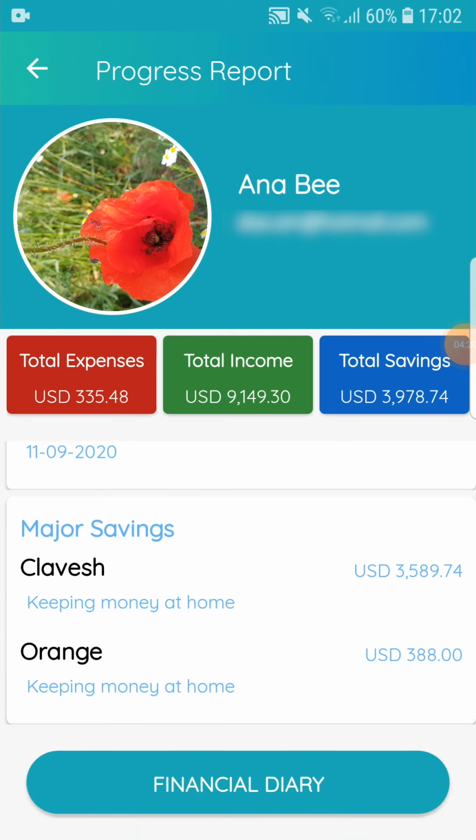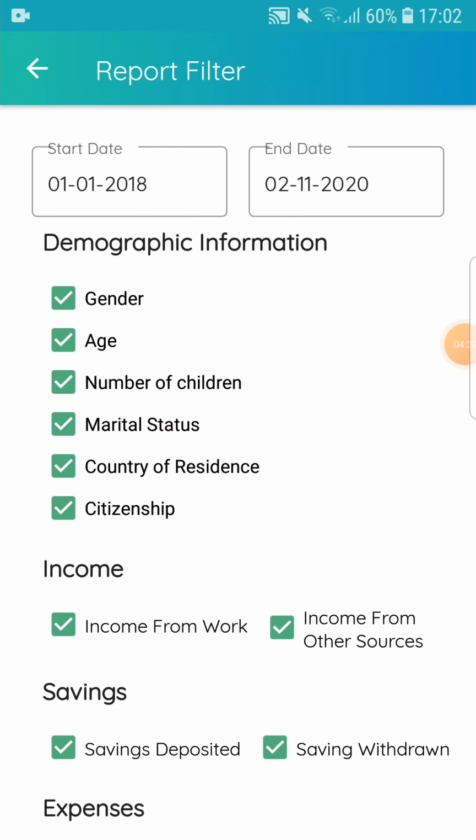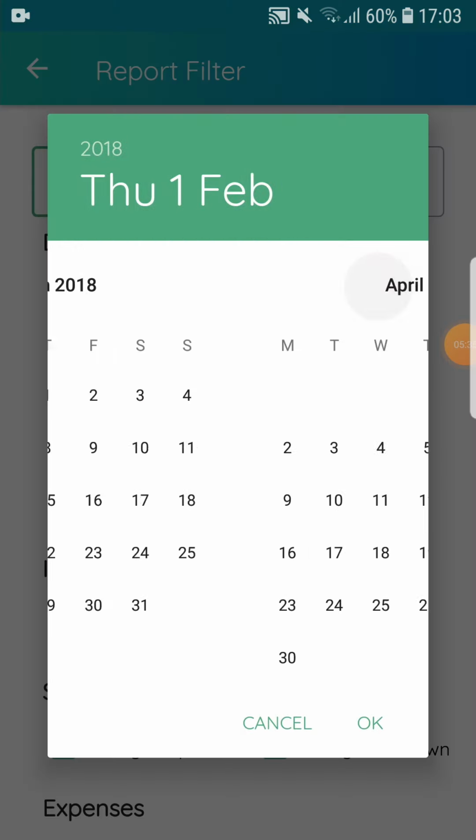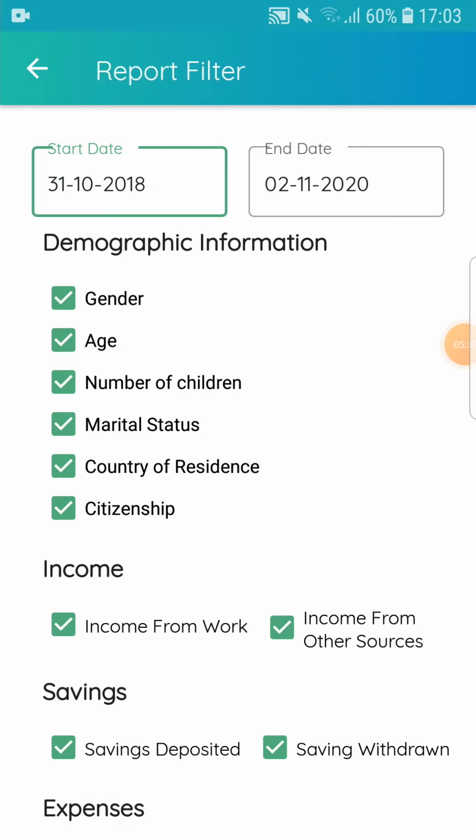You can access your financial diary either from the progress report here at the bottom of the page or through the menu under Progress Report. In this section, the information that you have recorded will be displayed in graphs. You can also choose to use the Report Filter page to customize the detailed financial diary to be generated on the financial diary page. To do so, select the start date and end date, and then you will find demographic